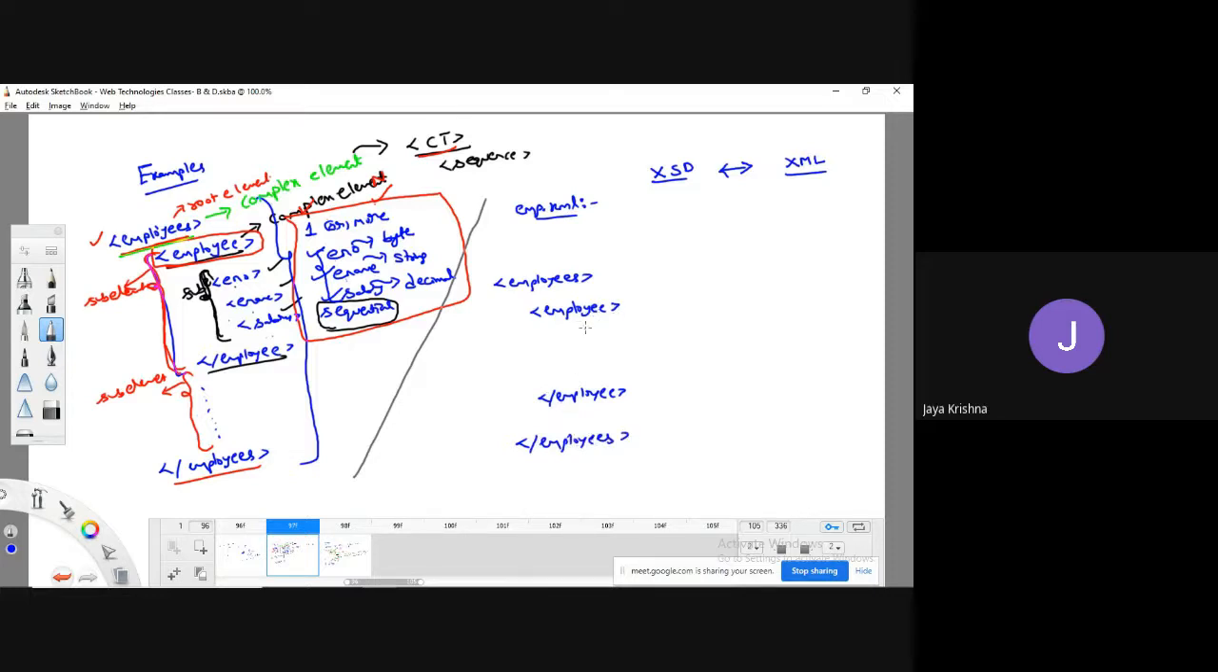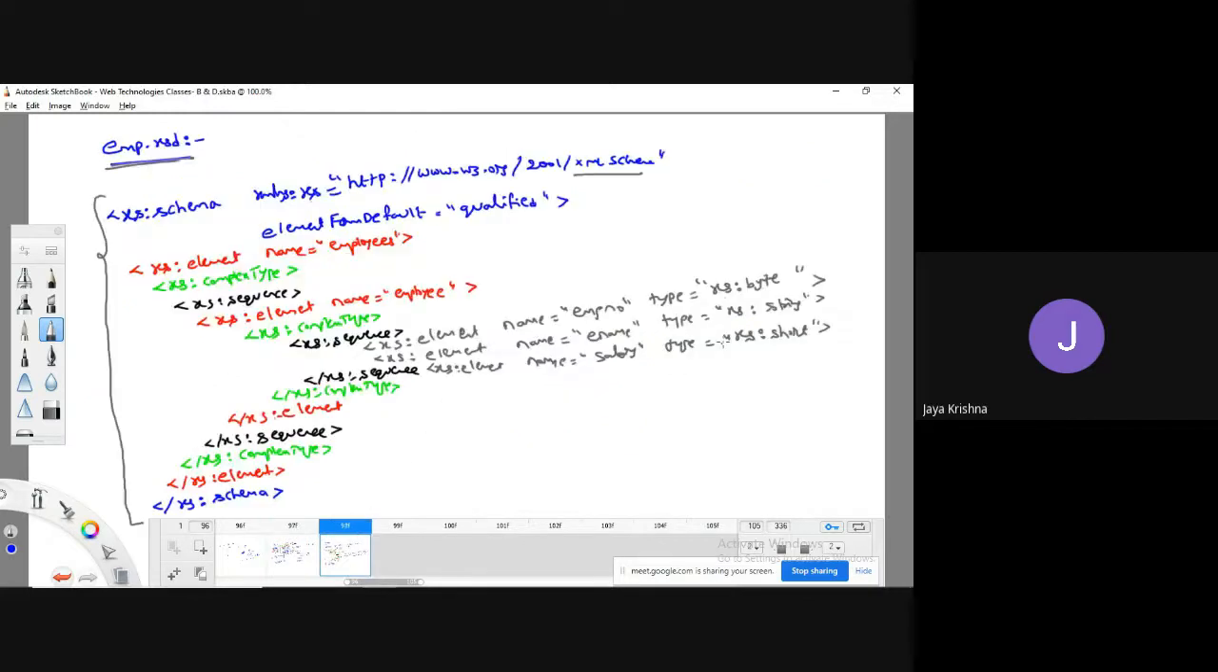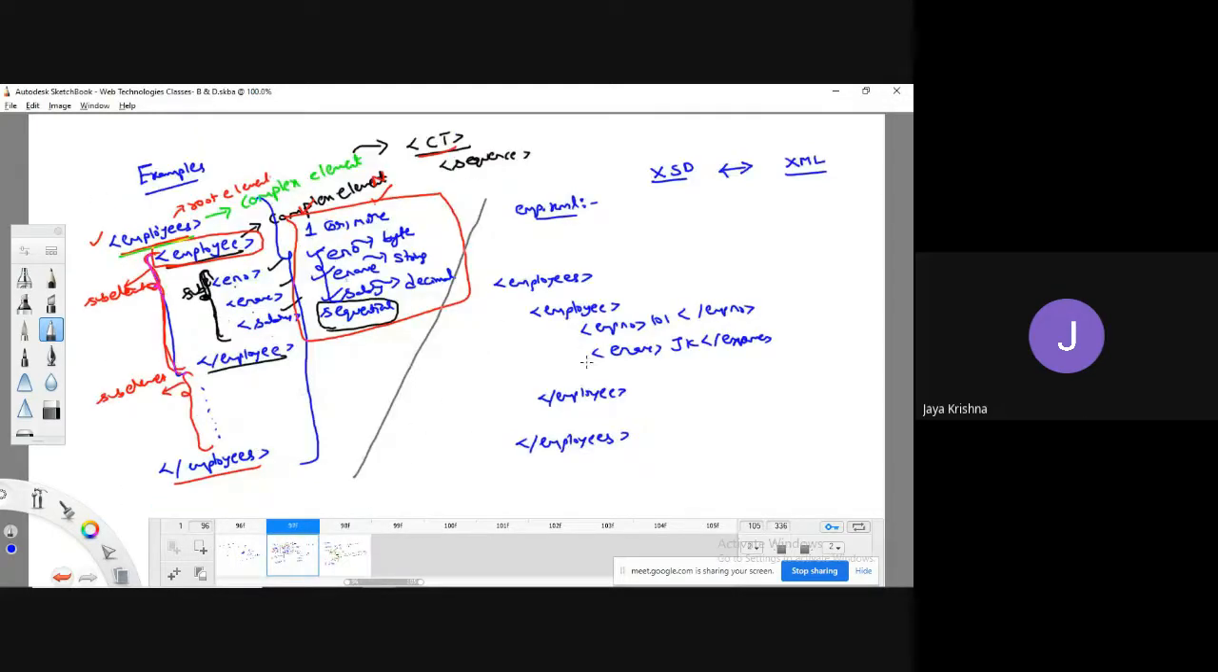So for this employee, I have employee number 101, closing of employee number, employee name JK, and closing of e name. Guys, I don't want to confuse, so I have taken e name. And salary, for example, 1,000, closing of salary. Yes, I have created this XML file. Now the question is,